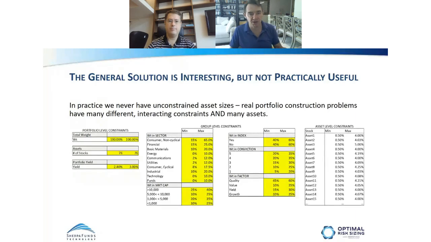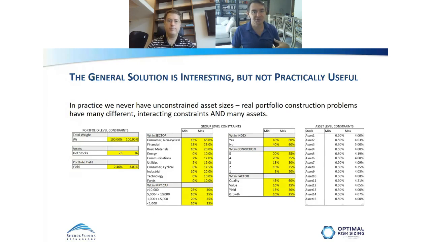Maybe they are benchmarked to something, so they need the subsector weightings to be within certain ranges of the benchmark. Maybe they need individual assets to be constrained because of liquidity, because of how much they can actually buy or sell. There may be compliance issues with certain stocks, the number of stocks, and then you have the sort of desired